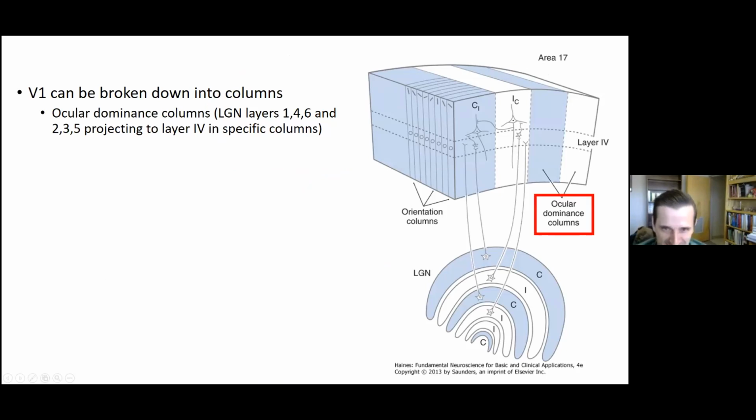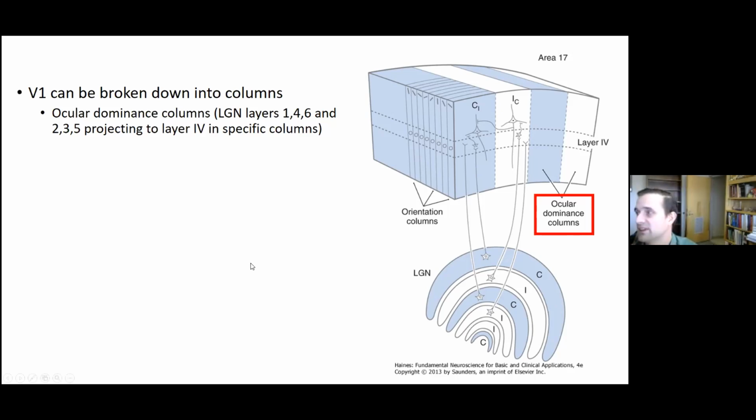Now, it gets more complicated. The primary visual cortex, or V1, can be broken down into columns. We have what are known as ocular dominance columns. So the lateral geniculate nucleus layers 1, 4, and 6, 2, 3, and 5 that we talked about earlier are actually going to project to a layer in the primary visual cortex called layer 4, that's Roman numeral 4,